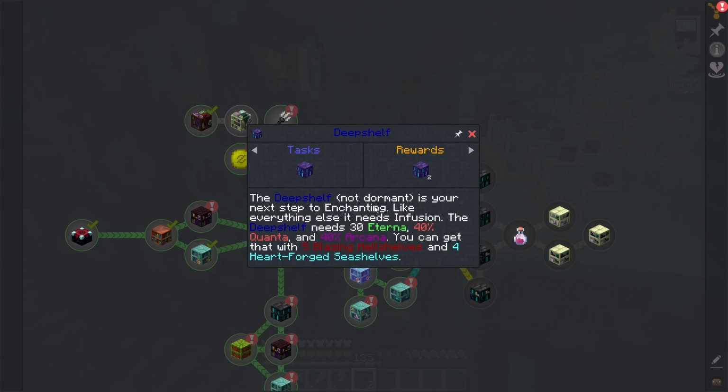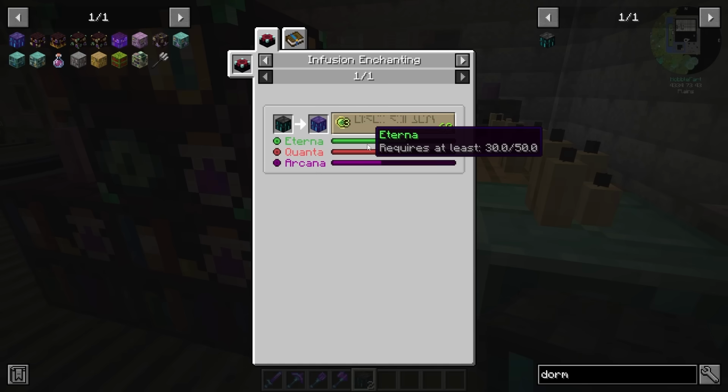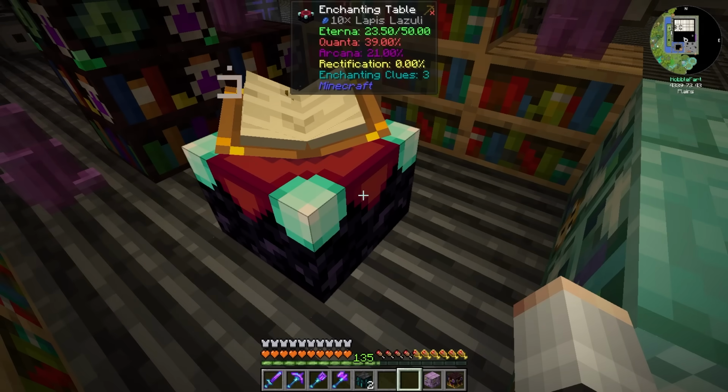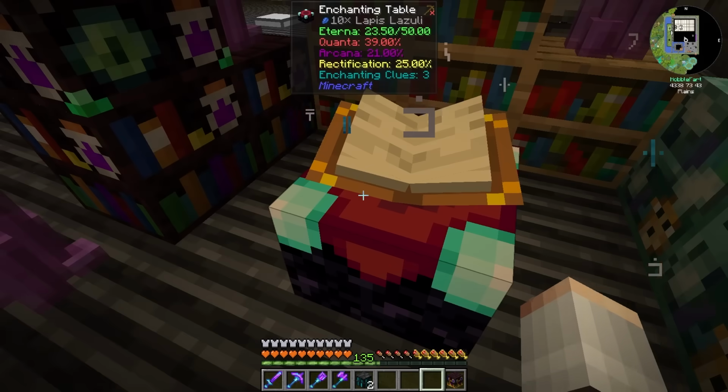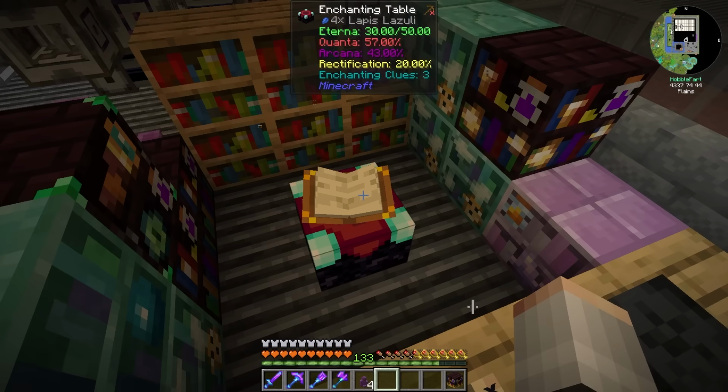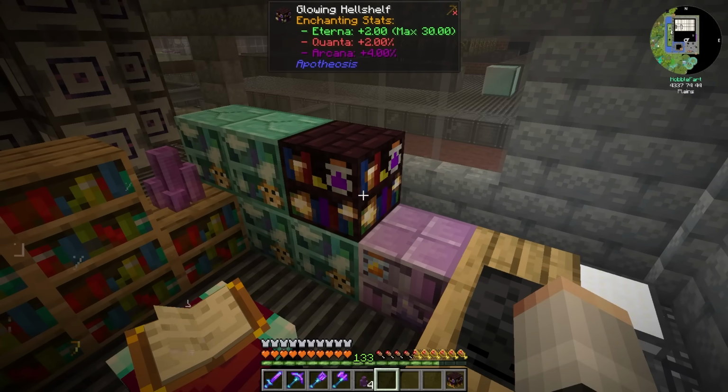Now on to the deep slate shelves. We need 30 Eterna, 40% Quanta, and 40% Arcana. I think using these crystalline sea shelves will boost Eterna to 30. Yep, but we did have to use like 6 or 7 of them. But adding a glowing hell shelf should be the final one to boost the Arcana, and now we can infuse